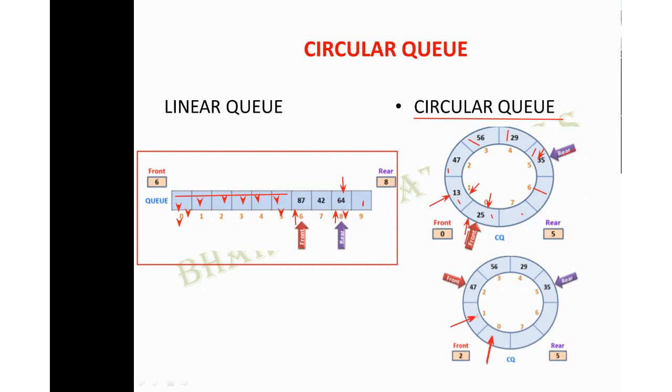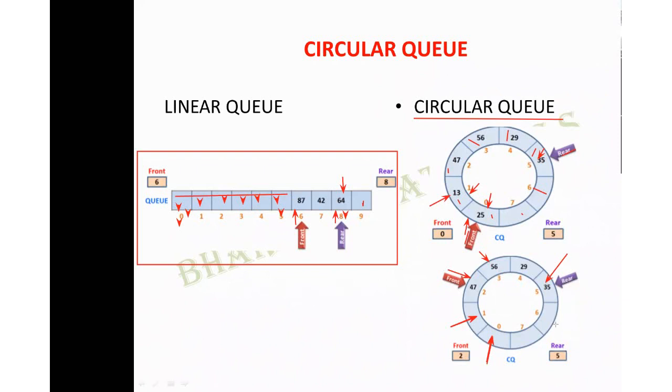So here also 1 value is removed. So this cell is also becoming empty. You can go on. Now gradually, step by step, your front value is increased. It will move on like this, until it reaches here. Yes or no? Until this position, it can go on to increment and remove the elements.